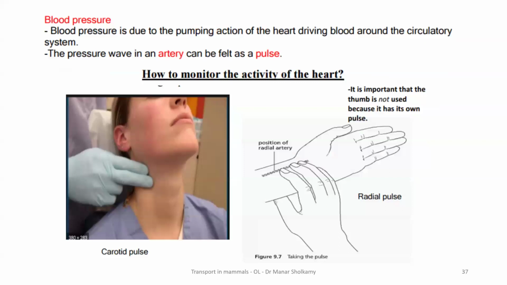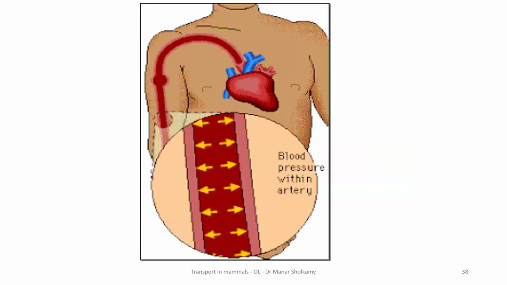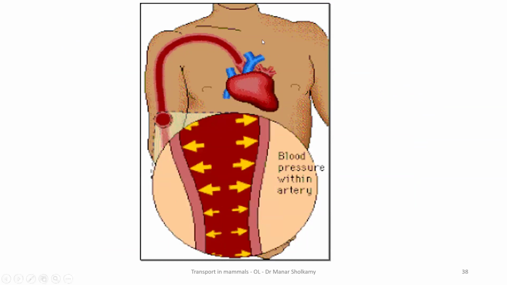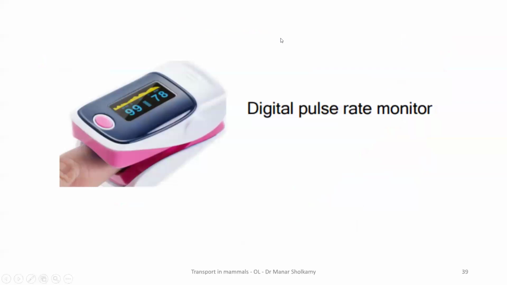Okay, we talked about how to measure the pulse. Look at the pictures. I use fingers. I put my finger on an artery to measure pulse because the artery has a pulse. It has pressure. Here, the blood is passing through the artery. See, the artery, if it was not elastic, it would burst. Look at the high pressure. It's pushing the walls of the artery. If the artery was not strong, it would burst.